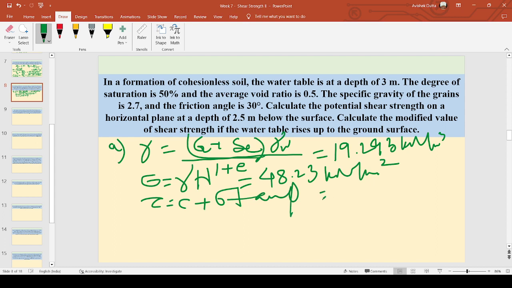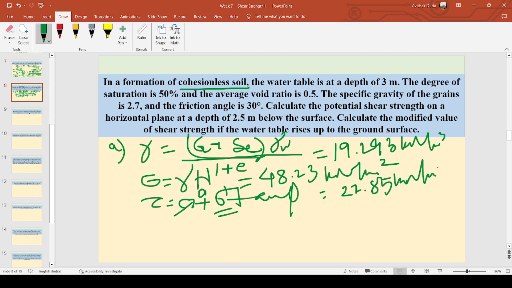Here the value of phi is given. The value of cohesion is zero because it is a cohesionless soil in this question, so we get a value of shear stress. And this stress is the effective stress because it is dry, so sigma is obviously equal to sigma dash. We get 48.23 into tan 30 degree friction angle, approximately 27.85